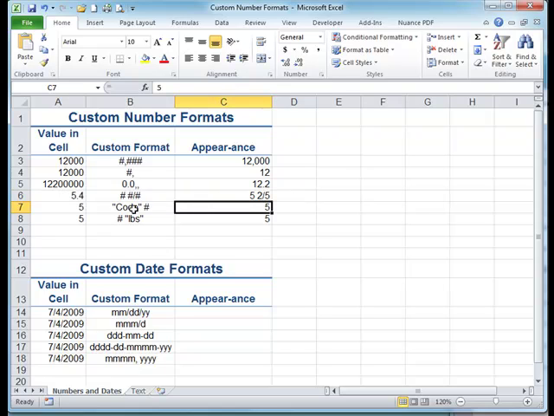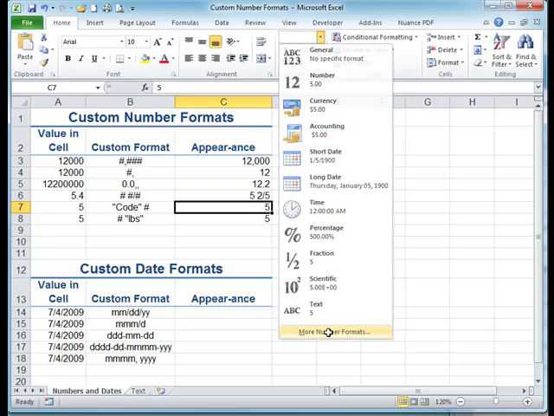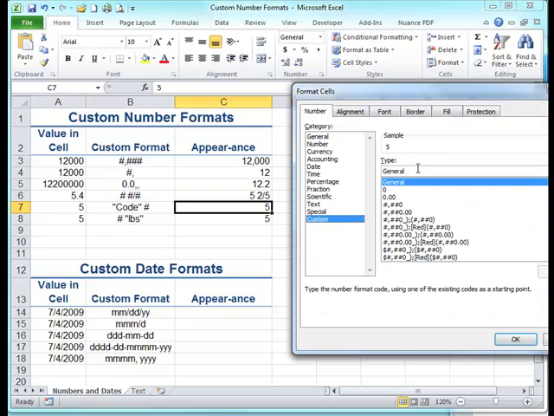And then here's one that's really useful. This one and the next one after it are similar. They add some text before or after the number. So if I wanted a column to say code 5 instead of just 5, which would be helpful for somebody who was working with a sheet that needed to have the numbers and yet wanted it to look like code 5, that's what this custom number formatting with text does. We can